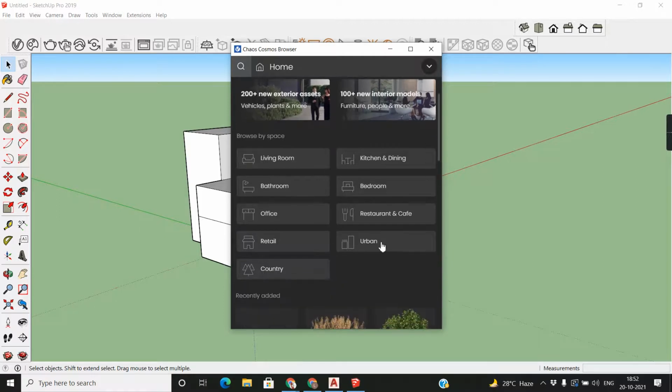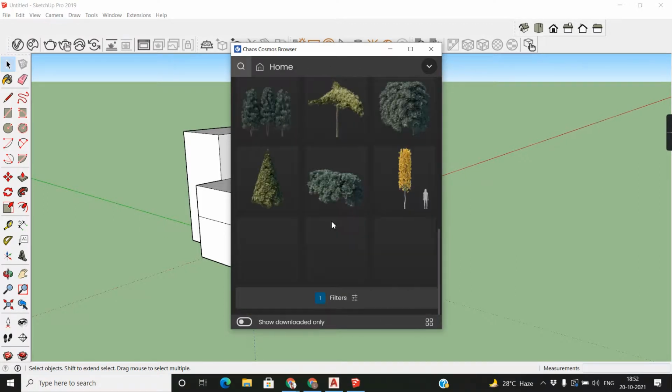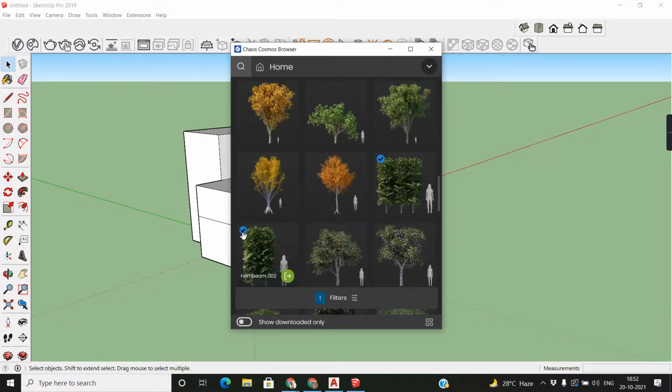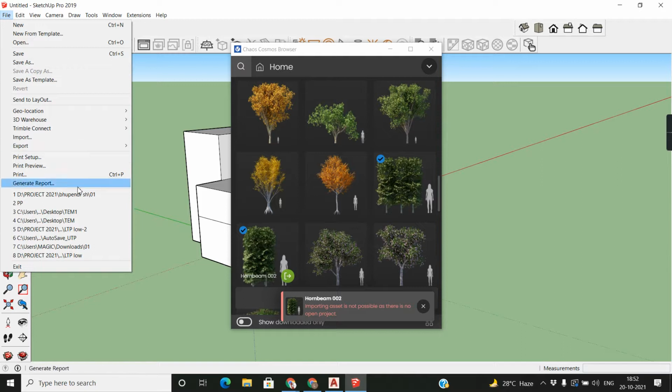So if I want furniture, just urban, see, and it means it is already downloaded. If I just click, so just open the project.